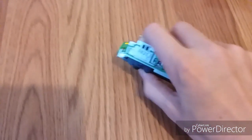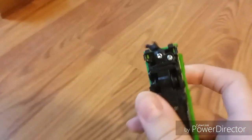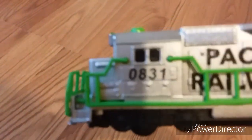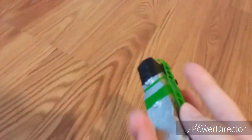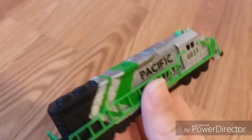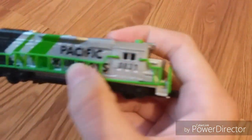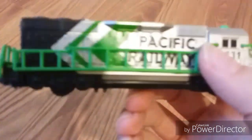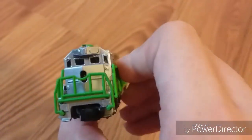I'll show you for a second. It's way faster than 1.0, which is so dumb. This is engine number 4 from the engine pack. And I have no track because I thought this was able to fit on 1.0, because I have a 1.0 train at my mom's house. Yeah, I guess that's it for this